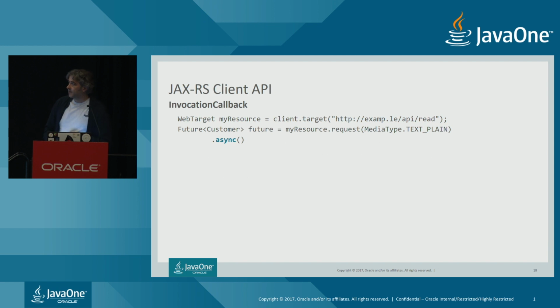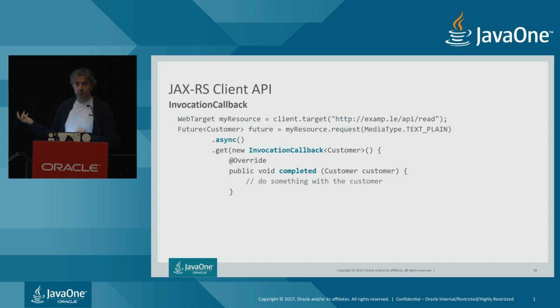So it works like this. This is a normal JAX-RS request. I'm using the async invoker to tell my client container that this is indeed an async invocation. And now, when I do the request, I pass it an invocation callback. Invocation callback that needs to have 2 callbacks. Completed to deal with the response that will be sent at some point in time by the remote endpoint, and failed if something goes wrong.